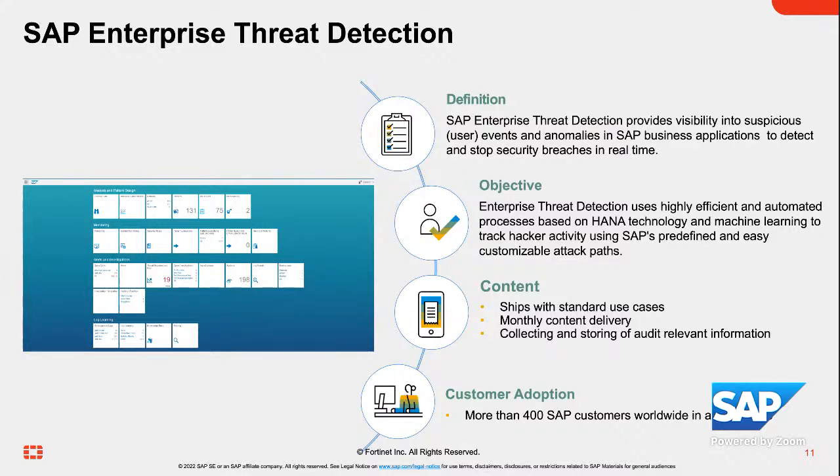So what we have with Enterprise Threat Detection is a complete user behavior analysis solution where we can do forensics, threat modeling, and threat hunting, where we have anomaly detection, where we have artificial intelligence implemented as well, where we can create our own patterns based on customer demands with a no-code approach, and where we can store all audit-relevant information, or all events coming from the SAP environment, in our HANA database.